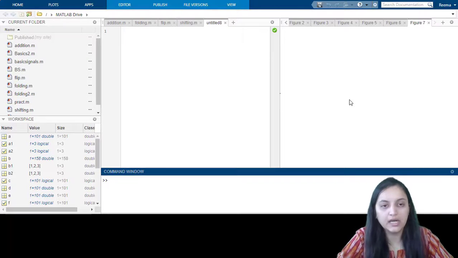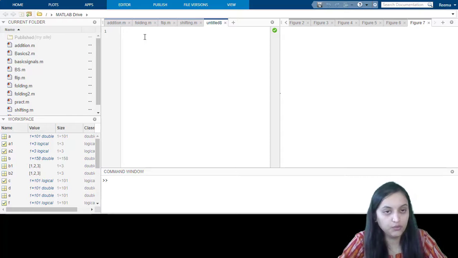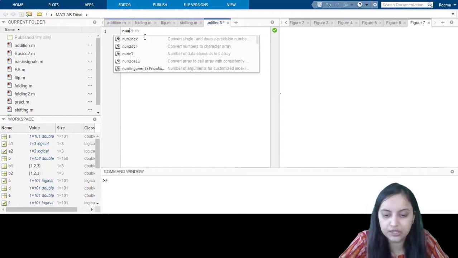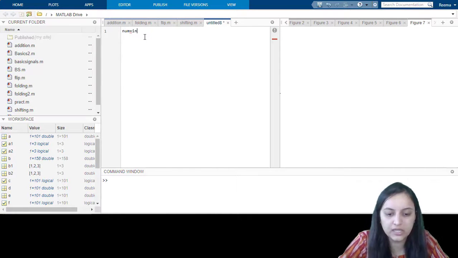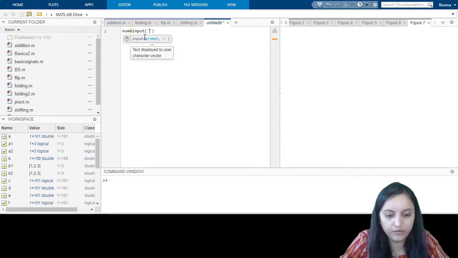Now let us see how we can use the MATLAB code to find poles and zeros from polynomial functions. So to obtain the polynomial from the user, we need to take the numerator values and denominator values. So let us take the first instruction line, that is num equals to input. We are going to enter the input from the user.